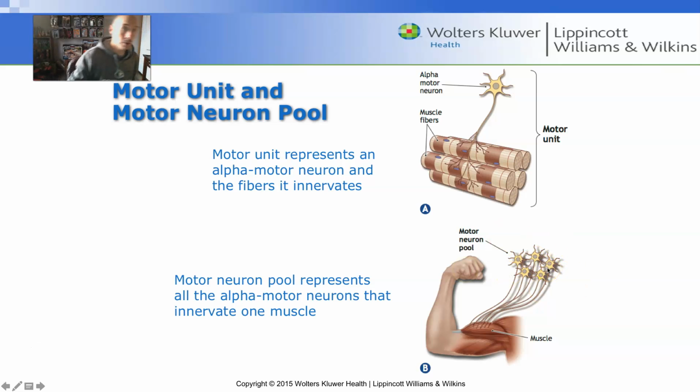So we're able to scale the amount of force we produce by recruiting either fewer or more motor units, and that term is known as motor unit recruitment, which I think